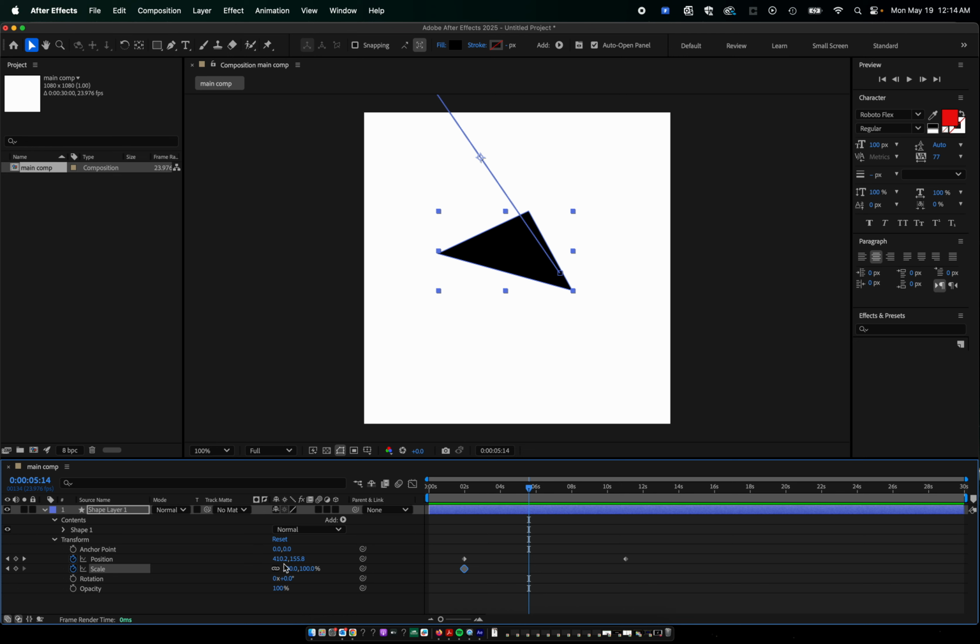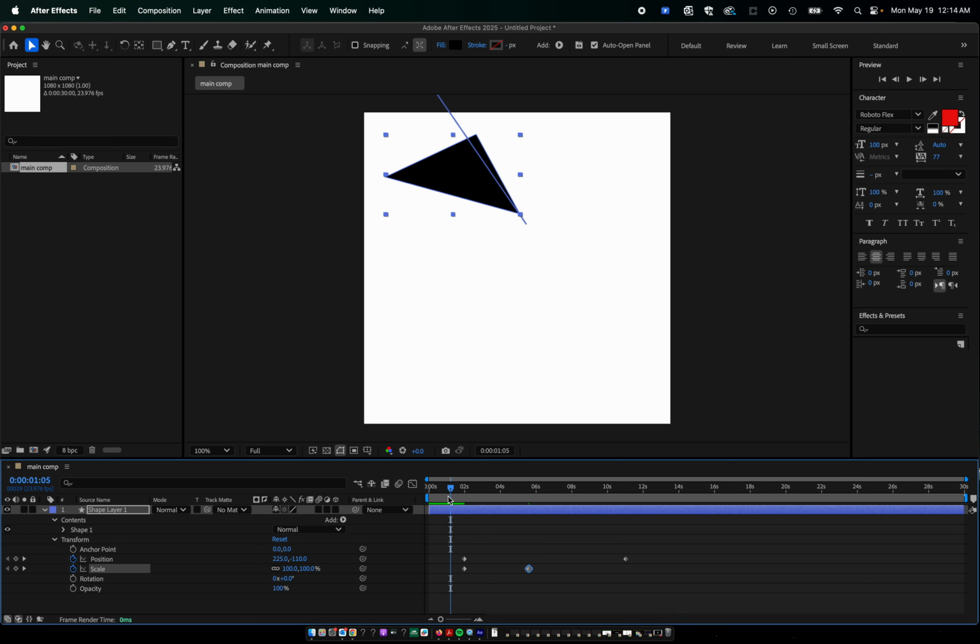And right now the scale is locked, which keeps it proportional. So if I click and hold down and drag, I can make it smaller. So now between this keyframe and this keyframe, it is going to be decreasing in size because I had that start keyframe, that starting point, at the size you see here. If I just click over here, then this ending keyframe is at this much smaller size that you see here. So now if I play it,